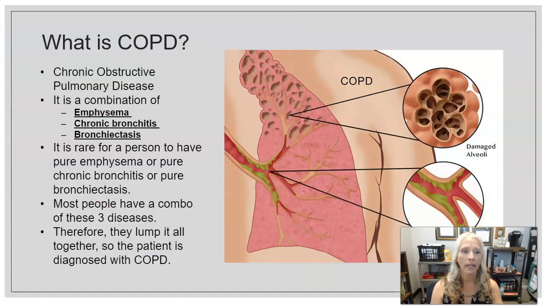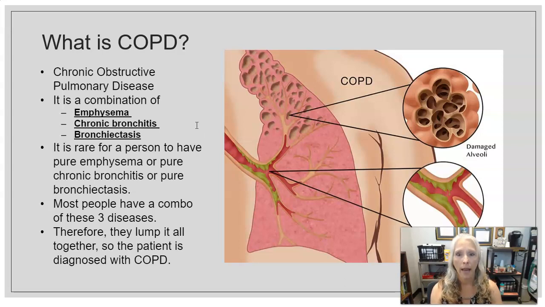So what exactly is COPD? Well, we just talked about 3 diseases that are obstructive in nature, and I did tell you already that there were some links that connect these things. Emphysema, chronic bronchitis, and bronchiectasis together are what make up the triad of chronic obstructive pulmonary disease. So it's all 3 of the obstructive diseases